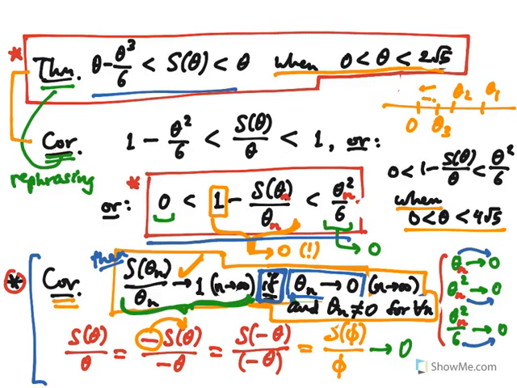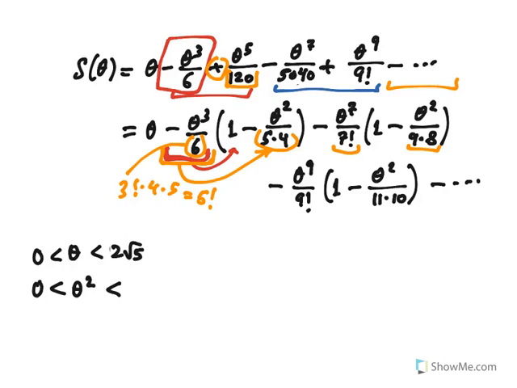Okay, it's actually 2 root 5, and here as well. Wow, you can see where it comes from: when you square that number, what do you get? 4 times 5, which is 20. And that 20 is exactly this denominator right here. That's where it's really coming from. So what do we infer